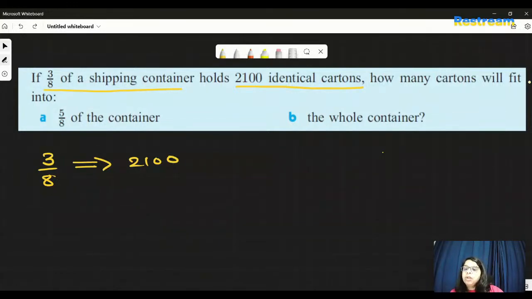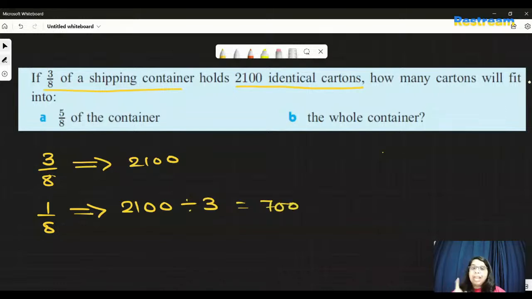So 1 by 8th of my shipping container will hold 2100 divided by 3, because 1 by 8th is 1/3 of 3 by 8, so that is equal to 700. So 1/8 of the container holds 700 cartons. Now they have asked how much will be 5 by 8. So 5 by 8 of the container will hold 700 times 5, which is equal to